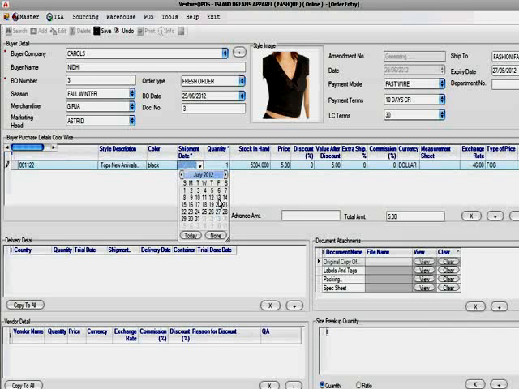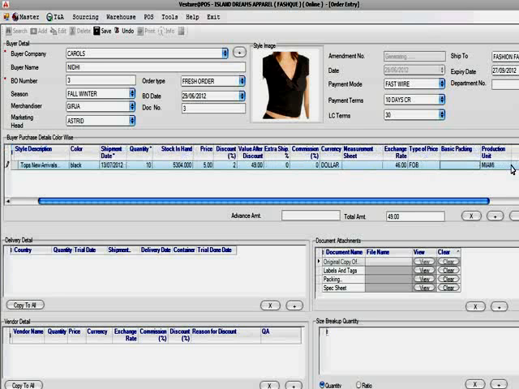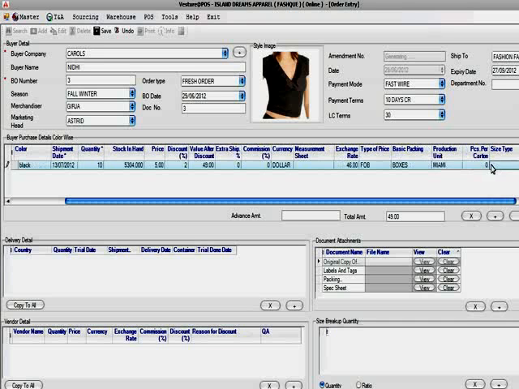Here supposing it is being shipped on 13th July, the number of quantities that are being ordered, the stock in hand available for it, the discount if any applicable. We can type that discount over here and its value after discount automatically gets calculated. Next comes the type of price, its basic packing, that is whether it is being placed in boxes or cartons, its production unit where it is being produced, the size type in which that product lies.